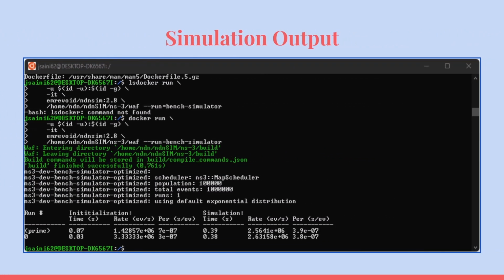Ideally, we could have shown a visualized demo of a simulation, but not a single environment that we tried setting up NDNSim in would let us configure it with Python enabled for visualizations. So instead, we'd hoped to have an output similar to this, giving an idea of the performance of our simulations. Unfortunately, for all the reasons we've listed already, and honestly many, many more, this just wasn't possible for us.